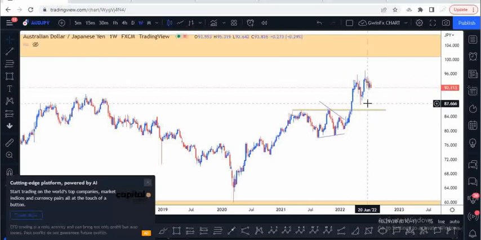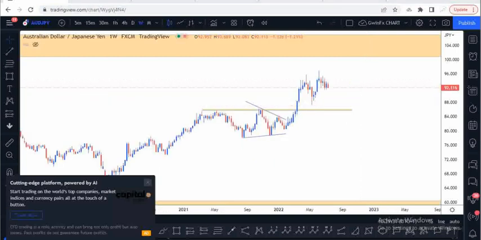Okay, so let's look at another possibility, what could go on in the market and how we should look to prepare our minds and also prepare our body and also plan how to take this kind of trade. Okay, so first of the things I want to share with you first is